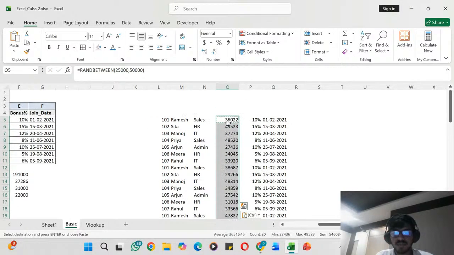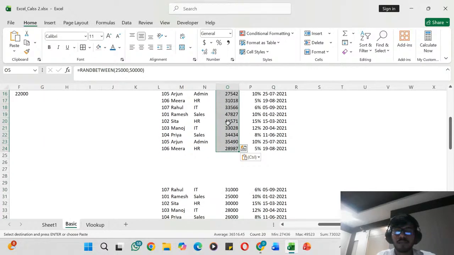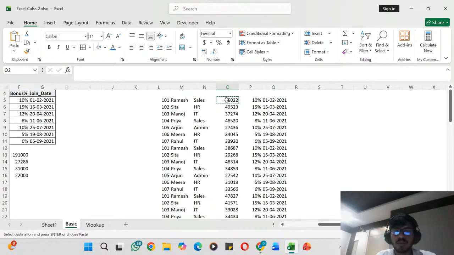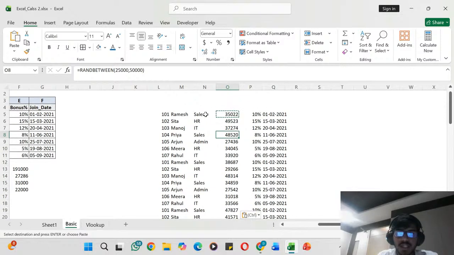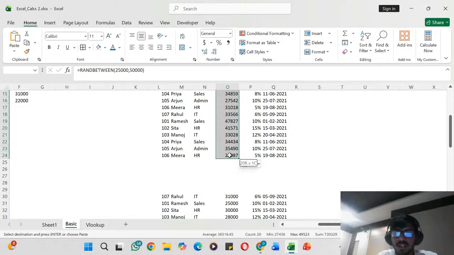Here I want to find out the top five employees who are getting high salary. At that time you use conditional formatting. Like here in the table, if I want to find out the top five employees who are getting the high salary,